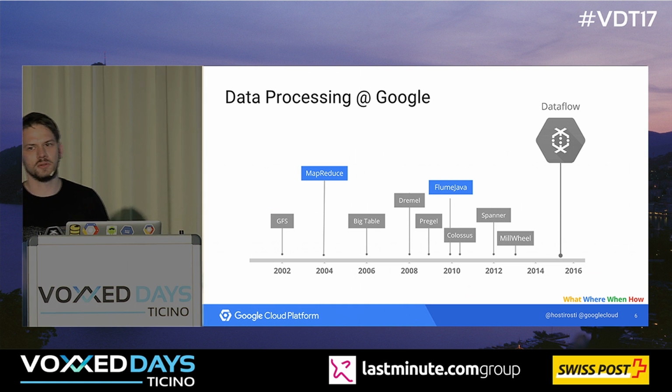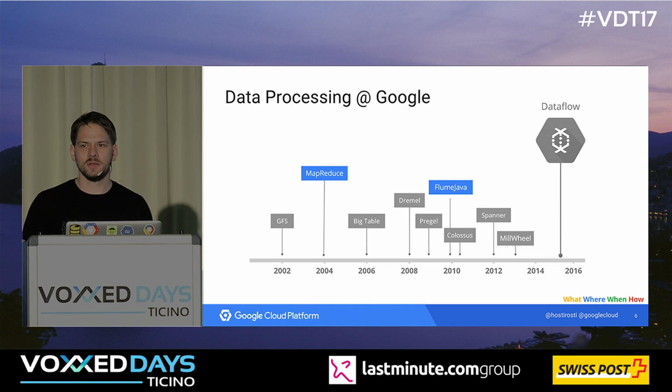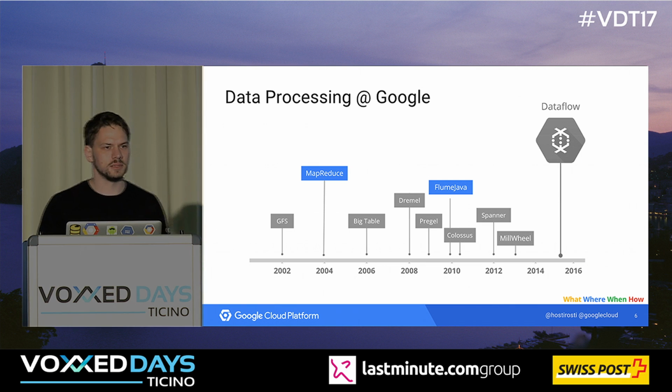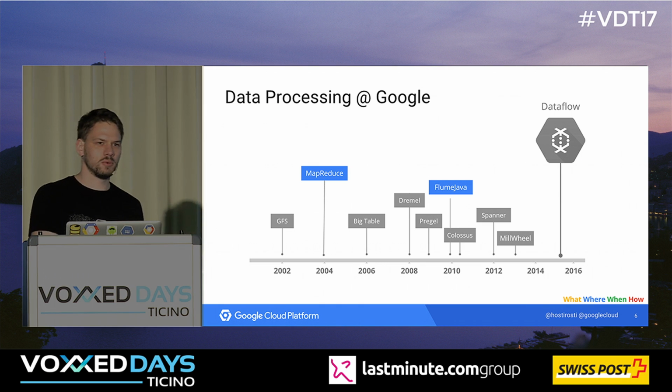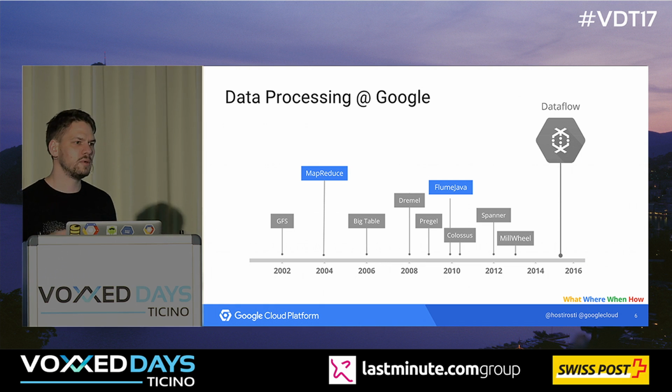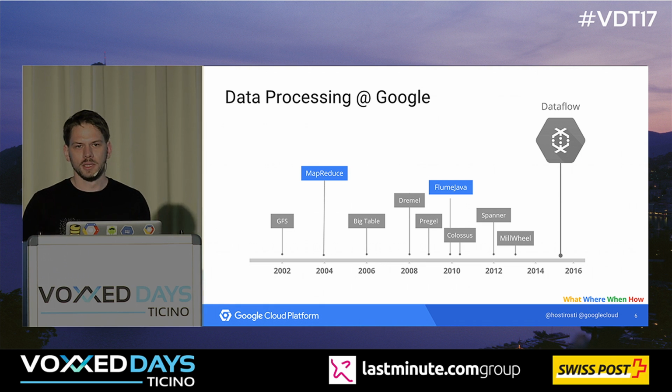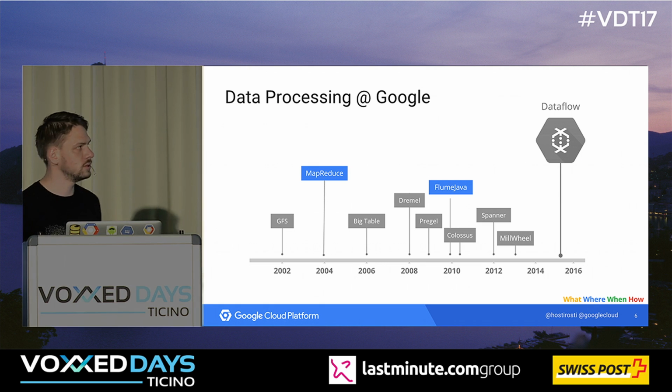Now the problem with map and reduce is that usually you don't end up writing one program and then having your answer. Usually you have to pipeline these batch programs. What they ended up with was a lot of developers doing the same work of moving data around from one batch process to the next, from one MapReduce job to the next, and repeating the same kind of work over and over again. So they wanted to come up with a framework that deals with this as well, and that is where FlumeJava comes in. In 2010 we published a paper about FlumeJava,